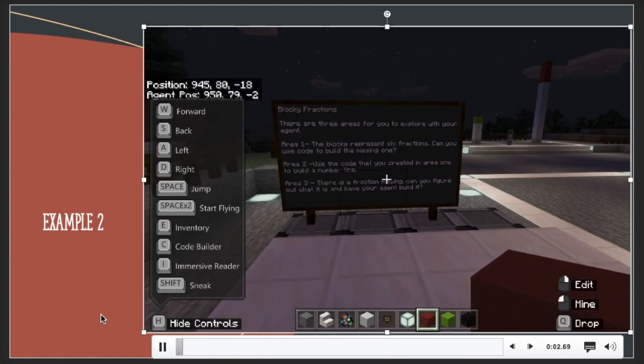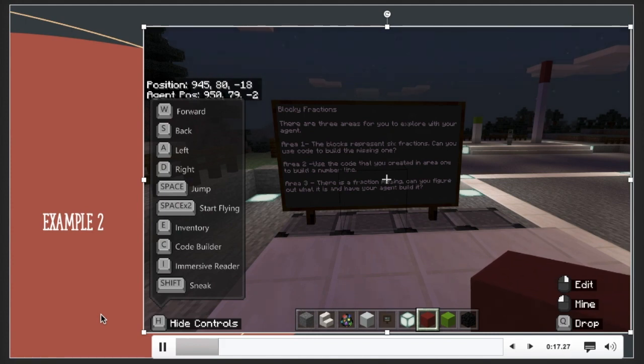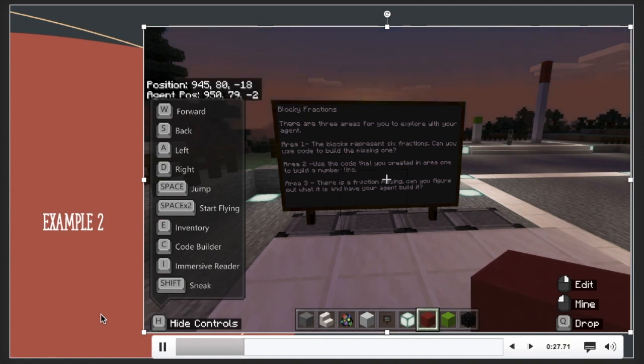Okay, so our next example is a mathematics example, and as you could see up on this Minecraft chalkboard, there are the instructions that the teacher made for the students. So in this case, they would go to the application, they would open up Minecraft, and rather than doing their fraction problems on pen and paper, which can sometimes be difficult for students, they can rather express and demonstrate their knowledge on Minecraft. So as you can see, there are instructions, and there are 3 different areas.